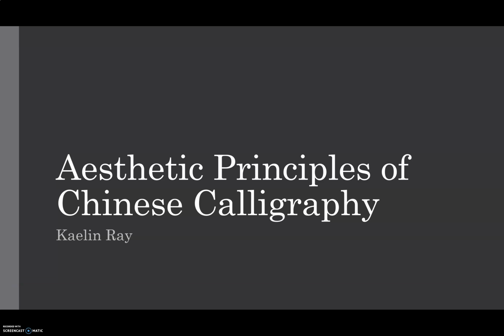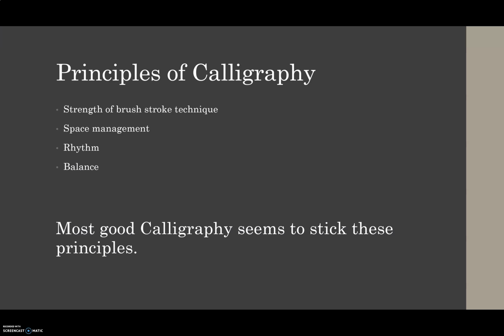So I will be doing my final Chinese calligraphy assignment over the aesthetic principles of Chinese calligraphy. It seems like the four main principles of calligraphy are the strength of the brushstroke techniques, the space management, the rhythm, and the balance. For brushstroke technique, for example, the use of certain tip control techniques will give you stronger brushstrokes. For example, the center tip technique, where the tip travels along the center of the stroke, produces sturdy